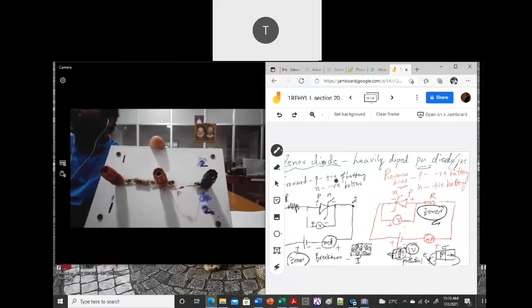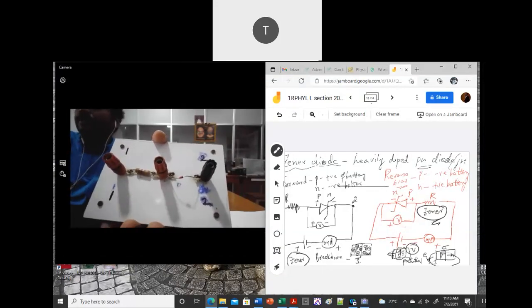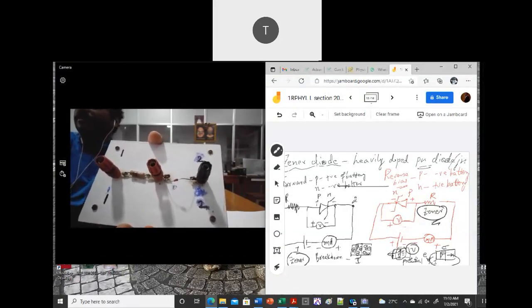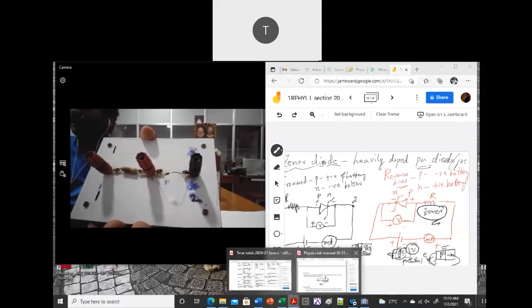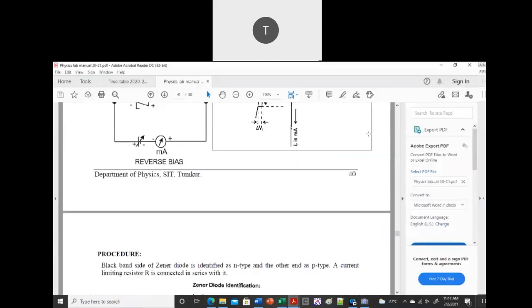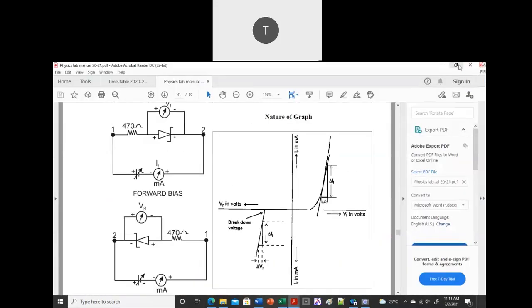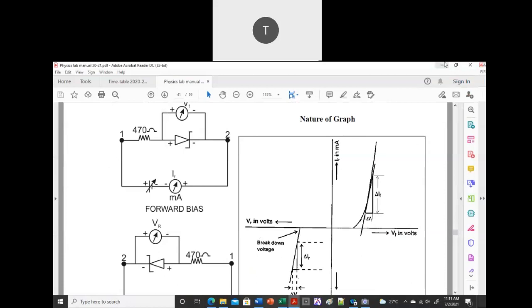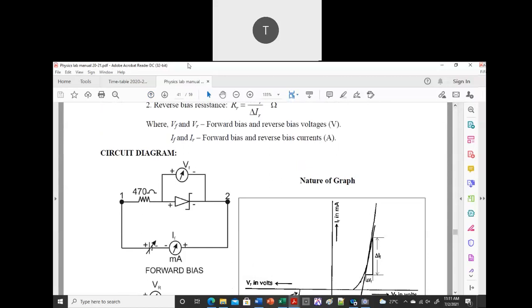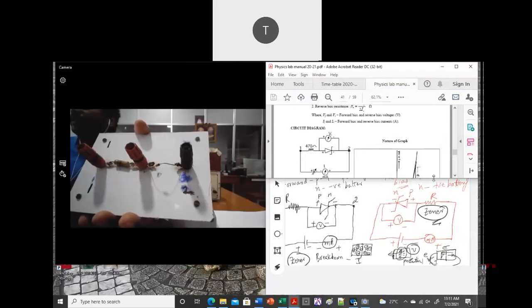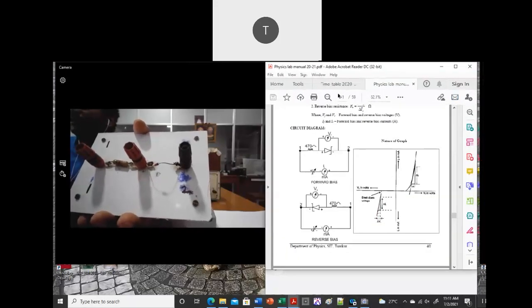So I hope you can see this, right? So you can see the forward bias circuit, or if you want, I can take this also. I will try to keep only the forward bias circuit. Okay, so we are not worried about reverse bias. This is same as what I wrote, but I think it's better here. Okay, so I think keep it like that.